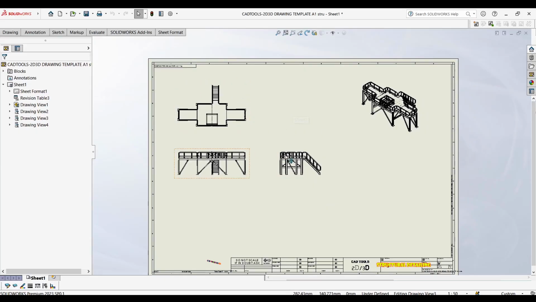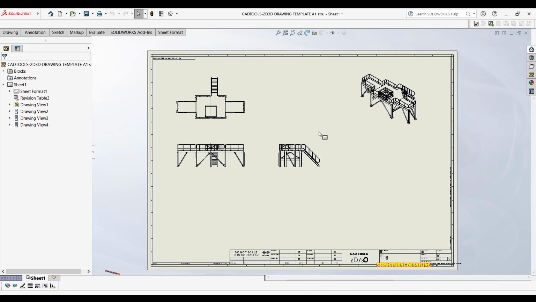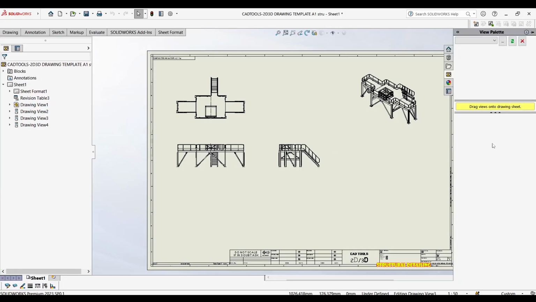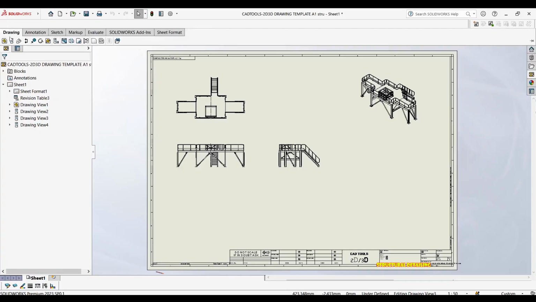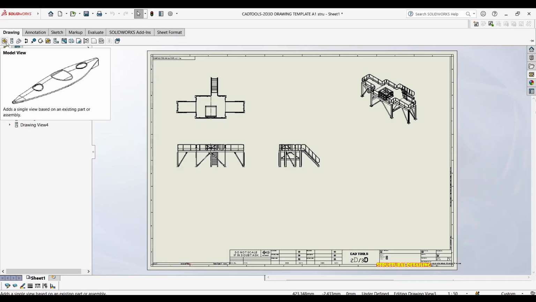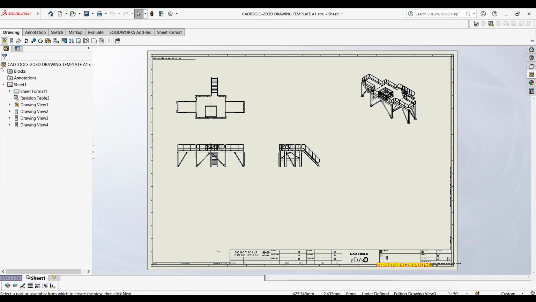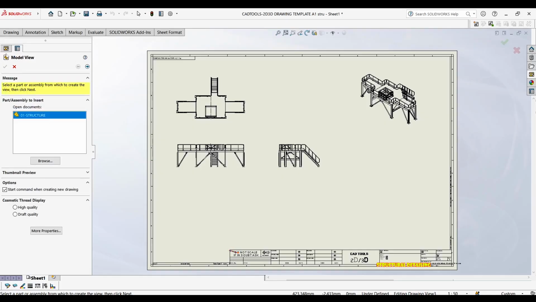video I did, these views. I show you guys how you get the views in here. But if you maybe have a sheet and you open a sheet and you try to click here and there's no views showing up, what you have to do is click drawing and then you say model view, and when you press that, it will show you the models that you have open, whether it's a part or an assembly, any of them. And then you just double click that,